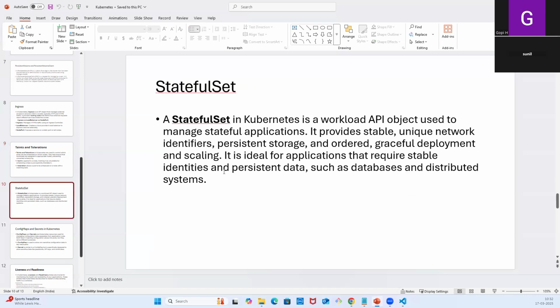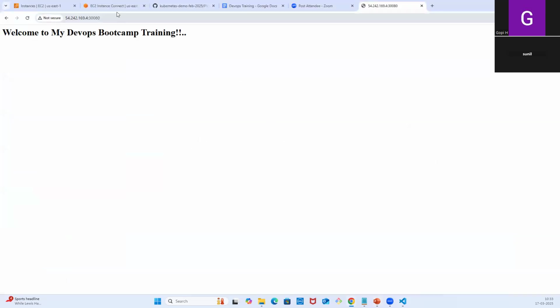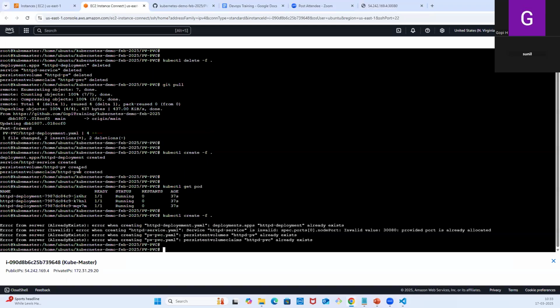Okay, so we'll move on to the next topic. StatefulSet. A StatefulSet is one more advanced topic in Kubernetes. It is a workload API object used to manage stateful applications. It provides stable, unique network identifiers, persistent storage, and ordered, graceful deployment and scaling. It is ideal for applications that require stable identities and persistent data, such as databases and distributed systems. So if you go back to the node here, if you look at this, have you seen any